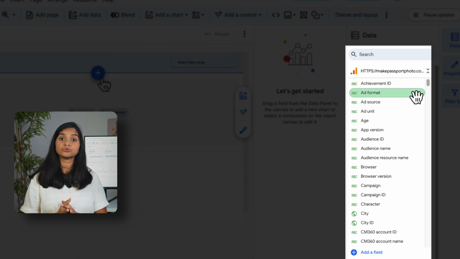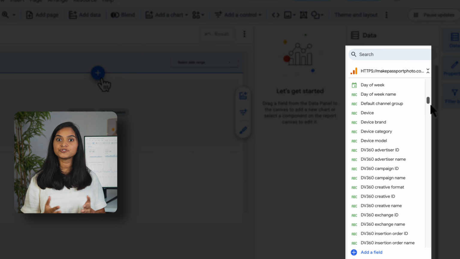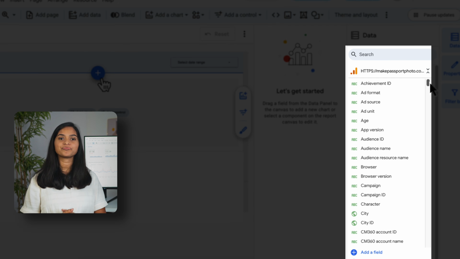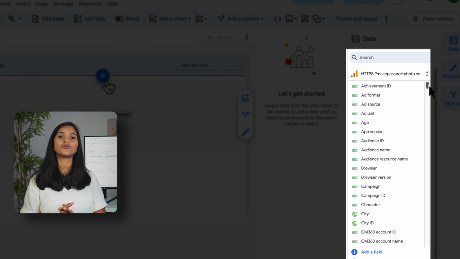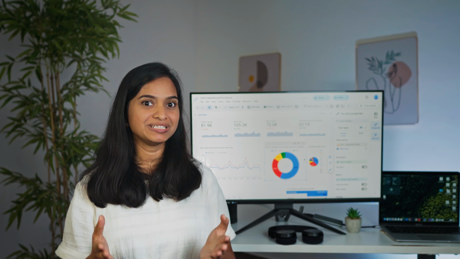The second panel shows all the fields available from the Google Analytics data source. This is where you will find the dimensions and metrics you can choose from when setting up your charts. You don't need to remember every field right now. As we build the report, I'll show you how to choose the right dimension or metric for each chart. Now that you know your way around the basic interface, let's build a dashboard.